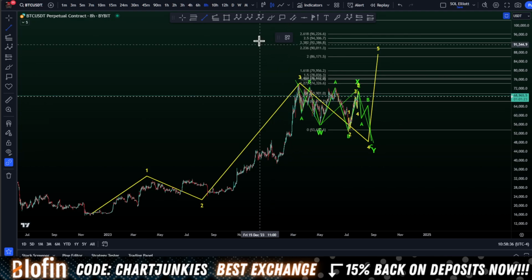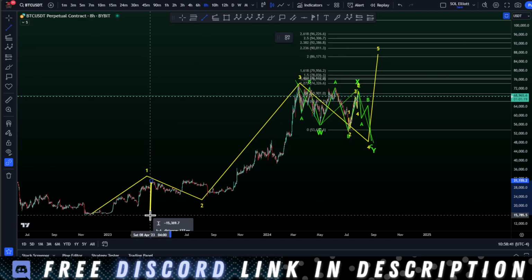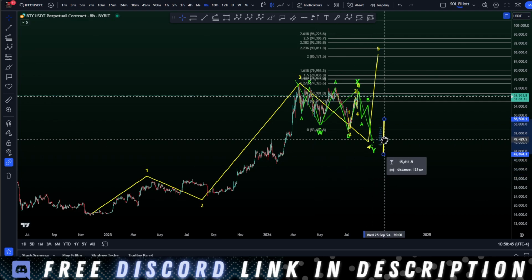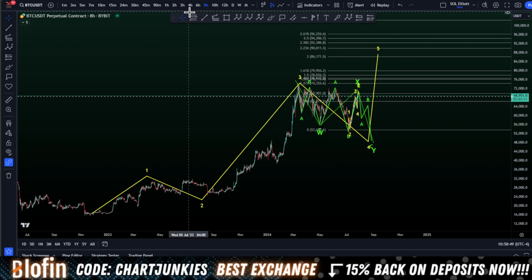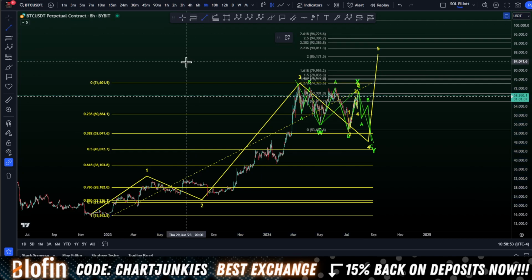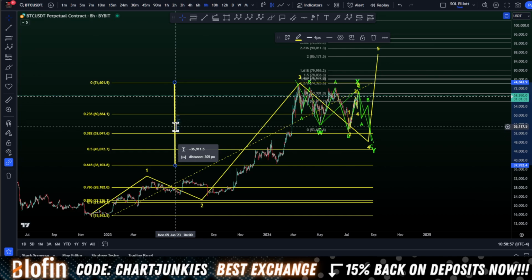Usually you're gonna kind of measure wave 1, and that's a good starting point for where this would end up. As you can see, it doesn't do anything for us. Next thing it likes to do is go to the 618 of wave 1 to wave 3. So we'll measure that. Something like that maybe.